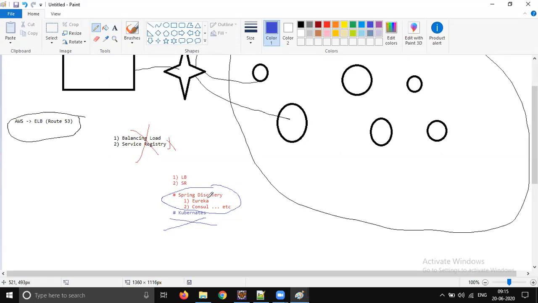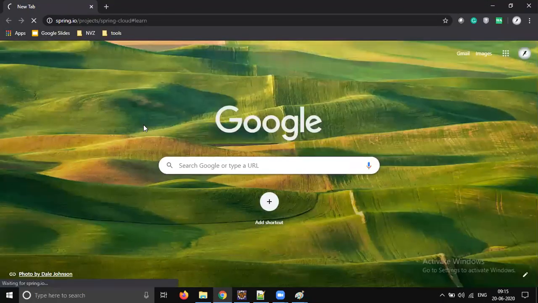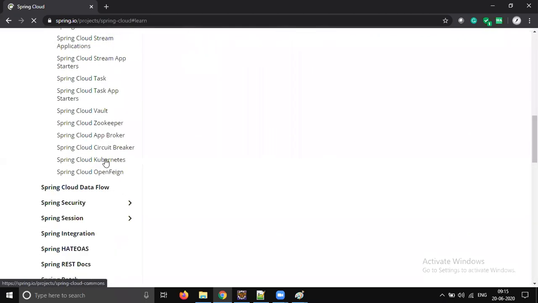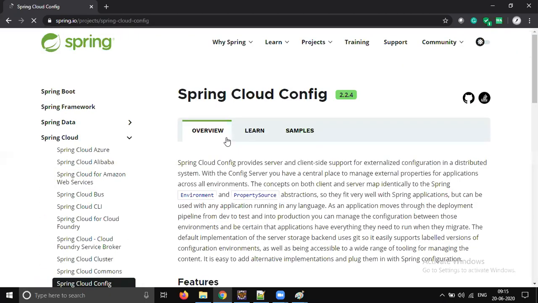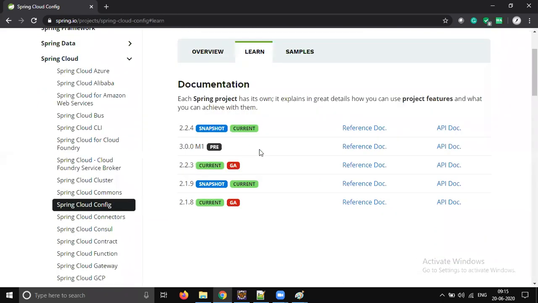At this point of time, we might be using Spring service discovery. Whatever we are going to learn with respect to microservices in Spring, all are sub-modules of the Spring Cloud project. Spring Cloud has so many sub-projects. If you scroll down, you see something related to Kubernetes. If you are using this module, you can use that predefined service discovery. You don't need to do anything. You will write only the client part, not the service part.